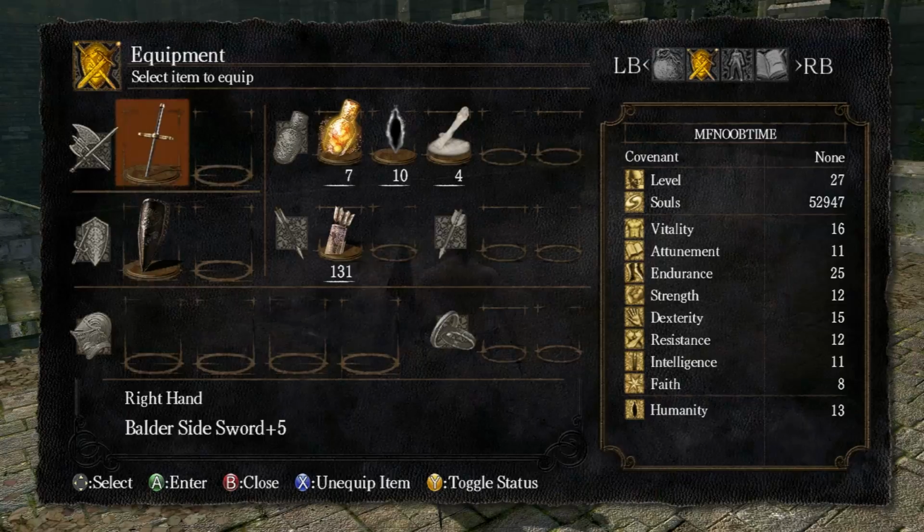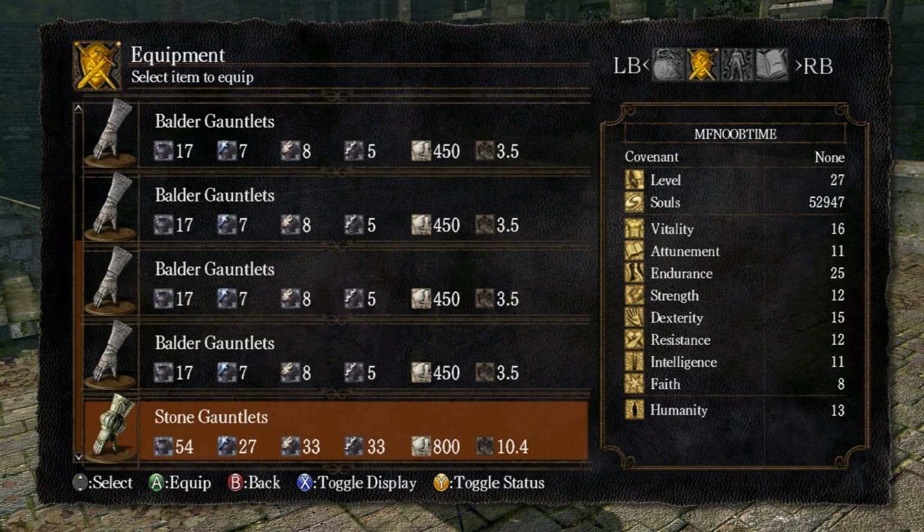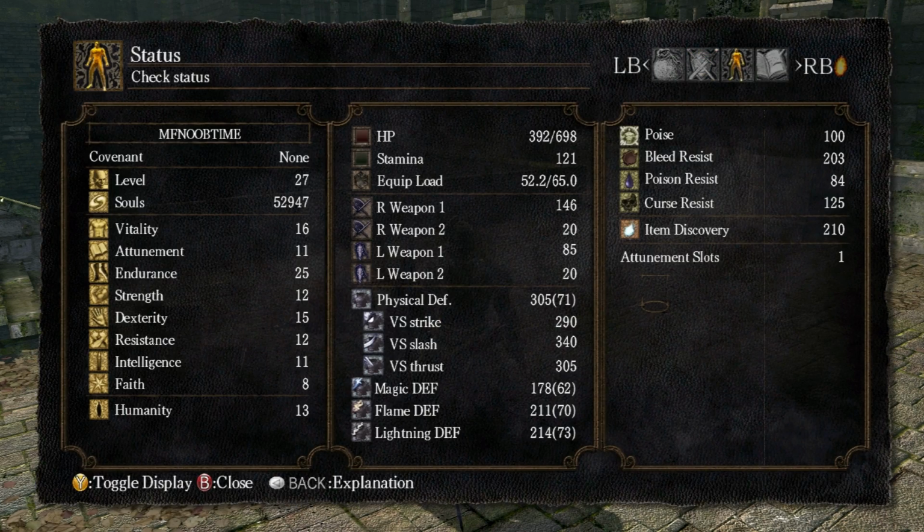So what is the advantage to adding on more gear? Why would you wear heavy gear if it limits your mobility? Well, the simple reason for that is it's pure defensive stats. If we go in here, we can see